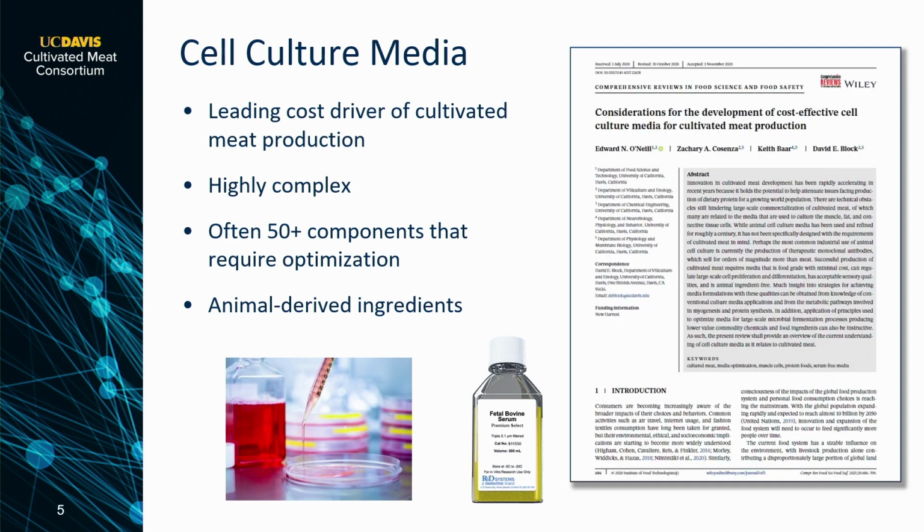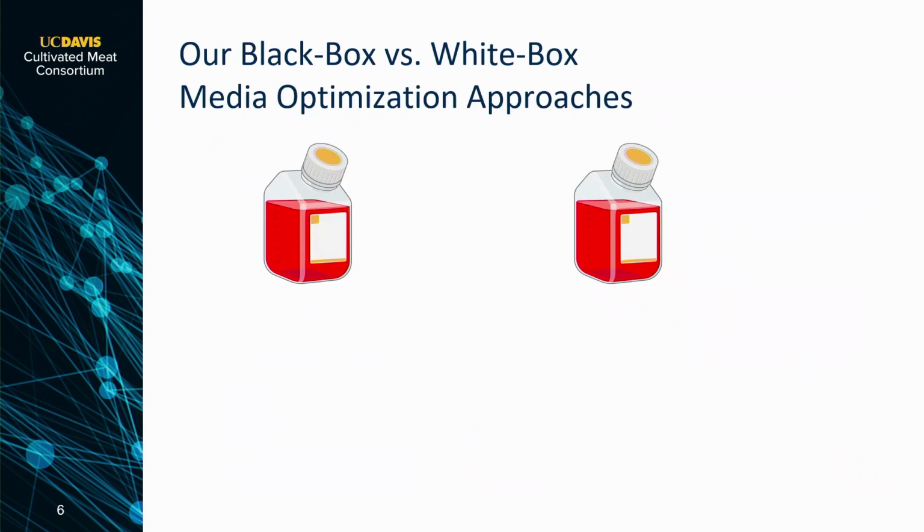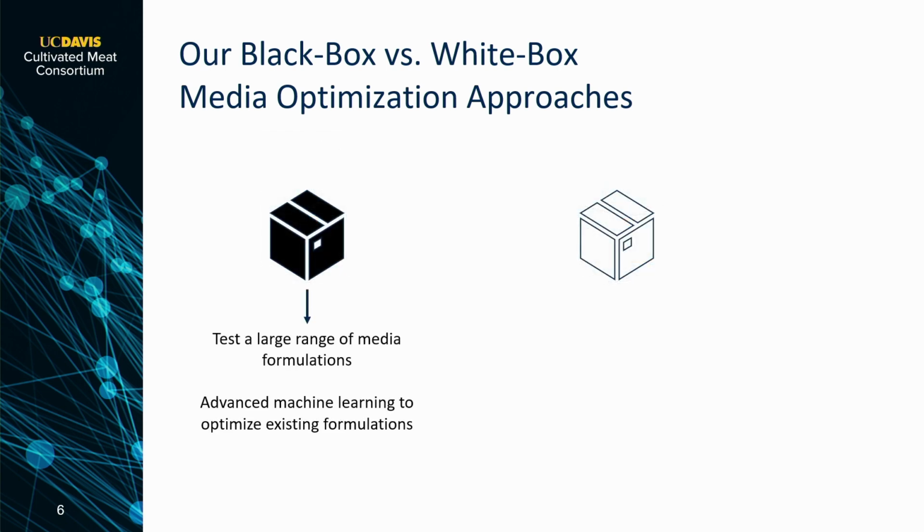For more detailed insights into cell culture media, I would point you towards the review article that my group published a couple years ago. In our lab, we like to think about cell culture media optimization in two general approaches, black box and white box approaches. So black box is where we're looking to use advanced modeling techniques, machine learning, artificial intelligence to help us to iteratively test multiple media formulations to arrive at a more optimized media with less cost for the experiments